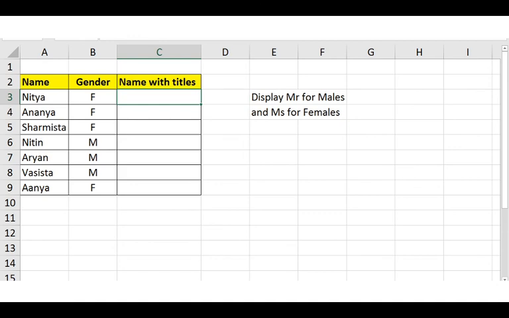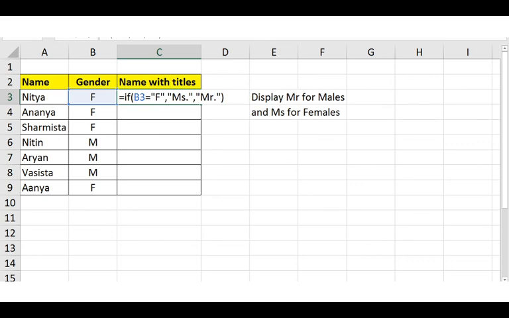Now if in the gender column we have F, we need to display Miss, otherwise Mr. Now here is the function. If in the cell we have the value F, then we will display Ms., Miss. Otherwise we will display Mr.